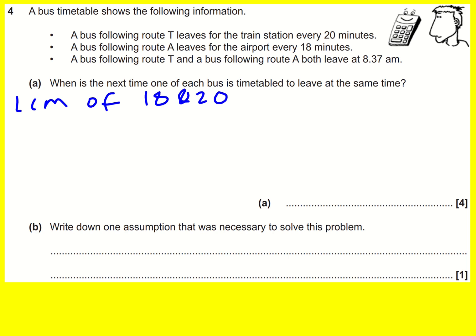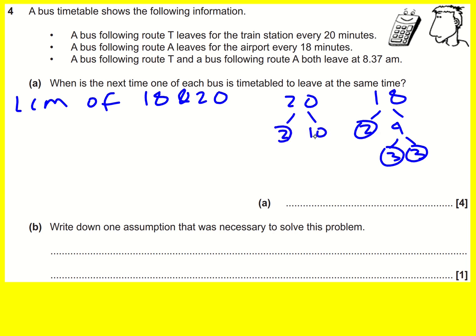And to do this, I could list them, and I'll talk about that in a bit, but actually a really effective way is to find the product of prime factors. 18 is 2 times 9, little factor tree going on here, and 9 is 3 times 3, so 18 is 2 times 3 times 3. Meanwhile, 20 is 2 times 10, and 10 is 2 times 5, so 20 is 2 times 2 times 5. So if I write these down